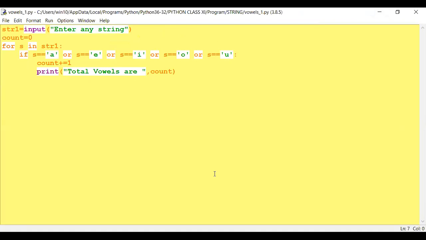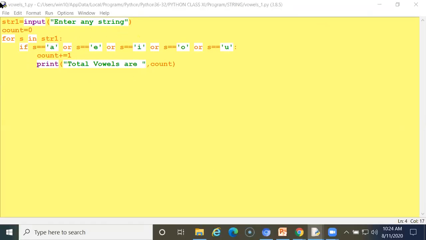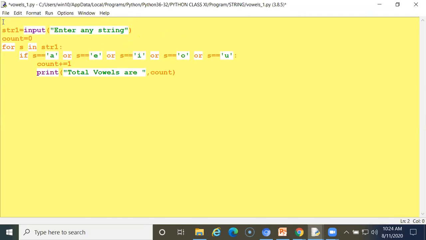So you can input any vowels here. This program inputs vowels, and from the given string, the given line, you can find the vowels.